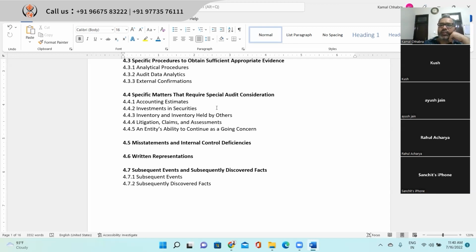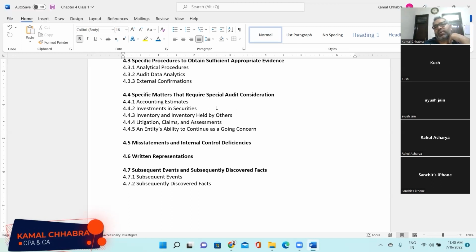But initially management had not disclosed that legal matter to us, and we did not get any such confirmation from the lawyer during the interim audit procedures. But this is something new, and this may have a significant impact because it may result in a strike in the plant as well, right? And it may result in a major increase in the payroll expenses as well, right? So in that scenario, we need to evaluate the impact of it, and then we need to account for the respective journal entry, right? Make sense?